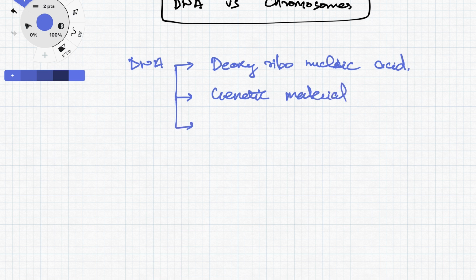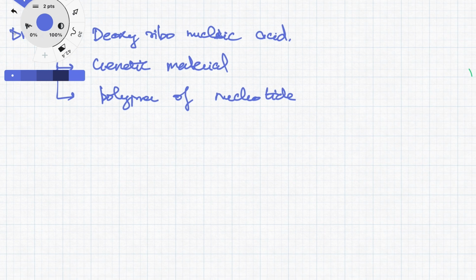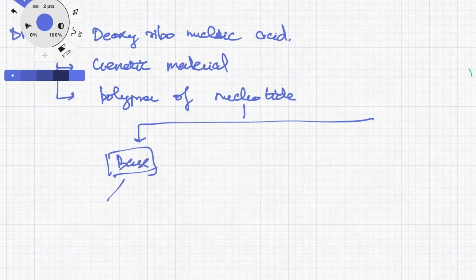and chemically this is a polymer of a substance called nucleotides. So this is what it is chemically. Now if you ask what are nucleotides, they are chemicals having three components. So one is they have a base, and this base can be a purine base or a pyrimidine base,